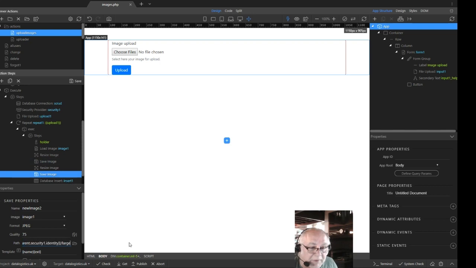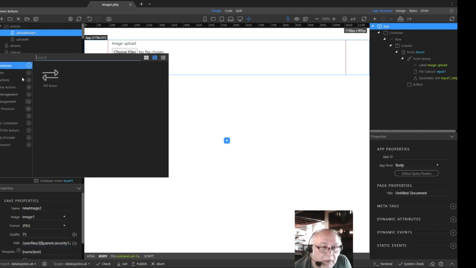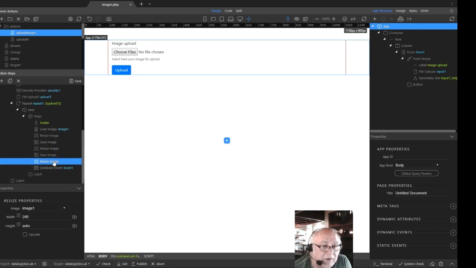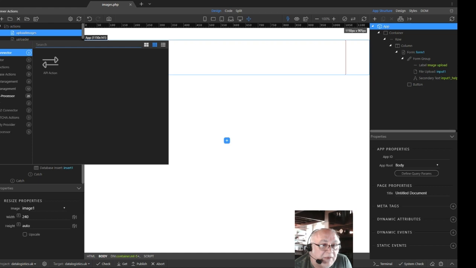This one we save image to mid, and we're going to do a resize again, and this time we're going to be, let's say, 240. I'm picking these fairly arbitrary numbers. Going to resize it again. Obviously we don't need to worry about upscaling, because we know we've scaled it bigger earlier, so we don't need to keep upscaling or worrying about upscales. We're going to save that again,